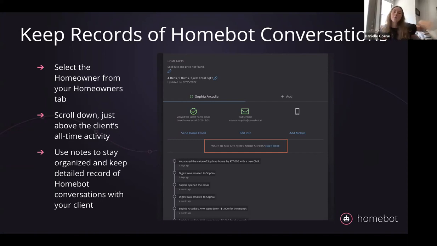So on that previous slide where we talked about the last 30 days activity, when you click into a homeowner or buyer, you're going to see the activity from their entire lifetime on Homebot. So if you haven't touched base with them in a while and you want to know what have they been up to outside of the last 30 days, when you click into their profile, you'll see everything that they